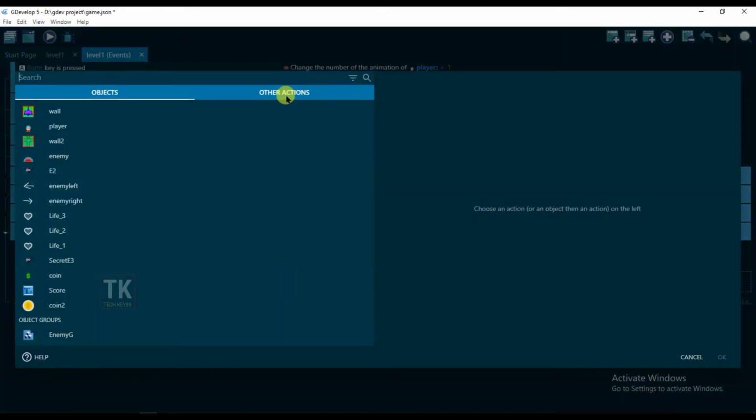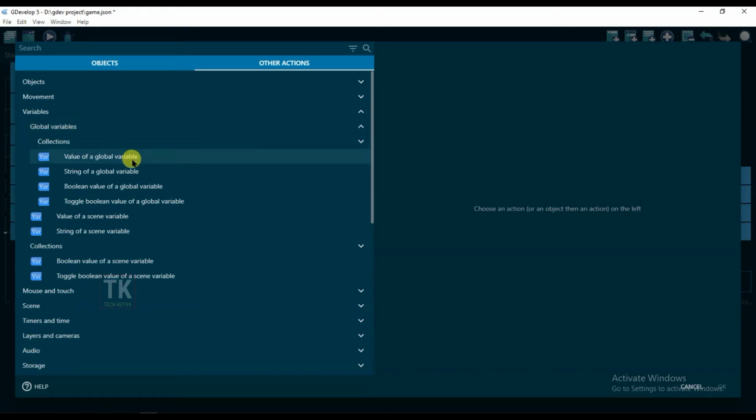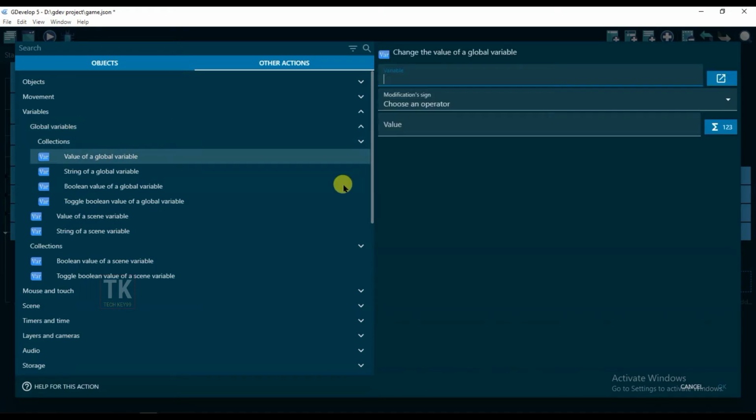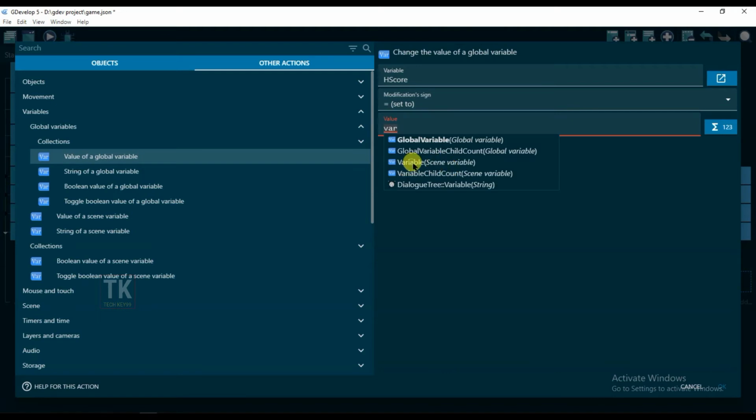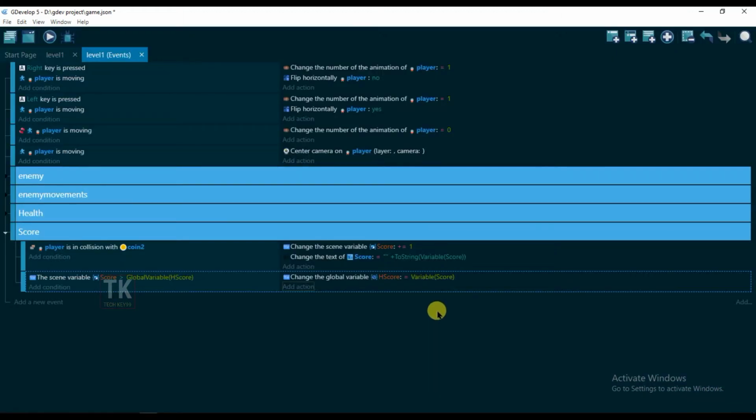Add action, other actions, variable, and click on global variables, value of a global variable, and here will be h score. Okay, equal to variable score. Click on OK. Add action